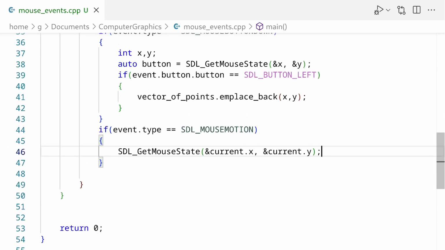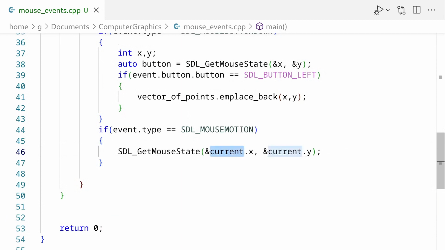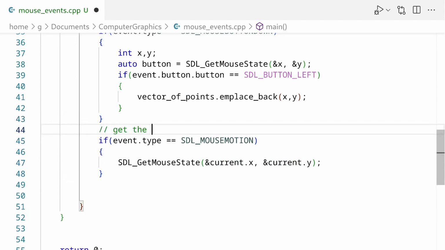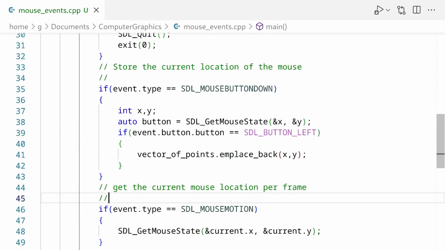And this is simply to get where the mouse is on the screen and just store inside of this variable. So what I also want to do is, I'm going to comment here and say, get the current mouse location per frame. So just to drill down again,